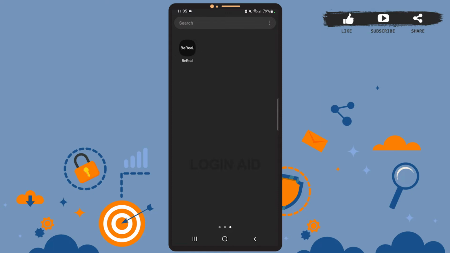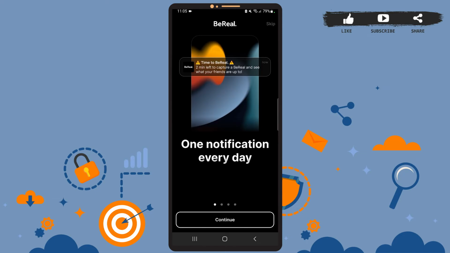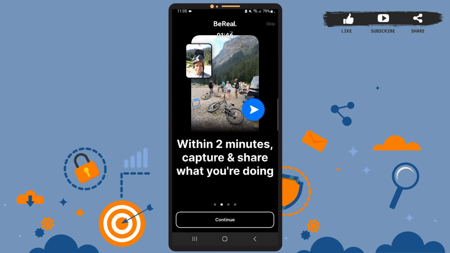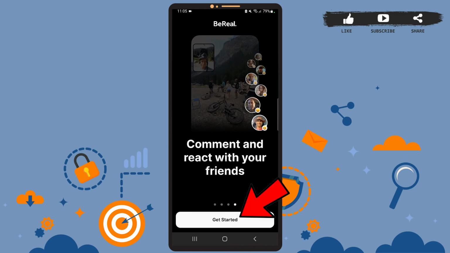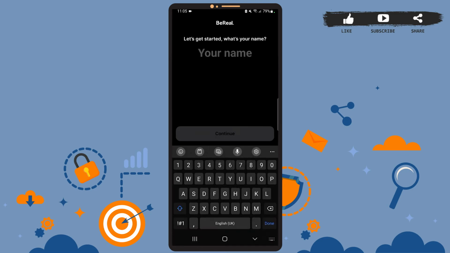So first of all, open the app on your phone. And here tap on continue. Tap on continue again. Again tap on continue and then on get started. Now you'll have to enter your name here, the name which you used to create the account,